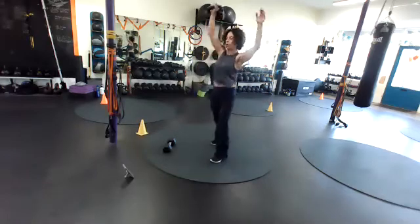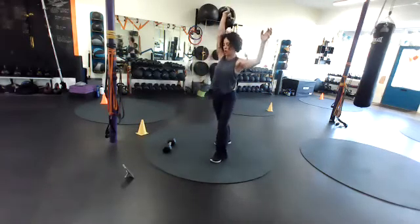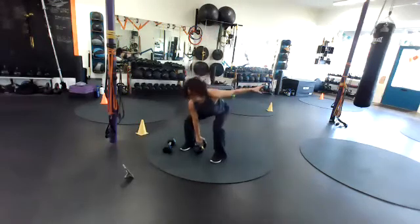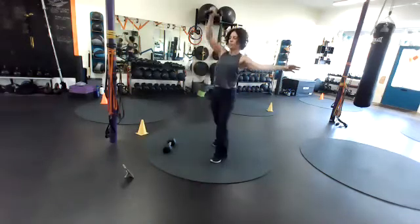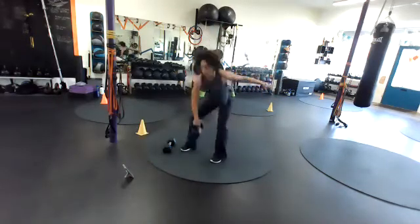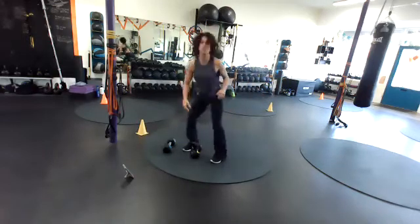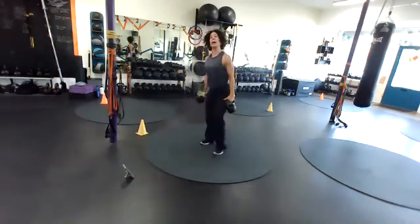Now I'm going to go into the clean. Again, I can do more of a squat there if I need to. Notice the other arm, also out long and strong, helping to counterbalance. And I'm going to switch to the other side. I'm going to add that second weight back on. I'm finishing up my second round,